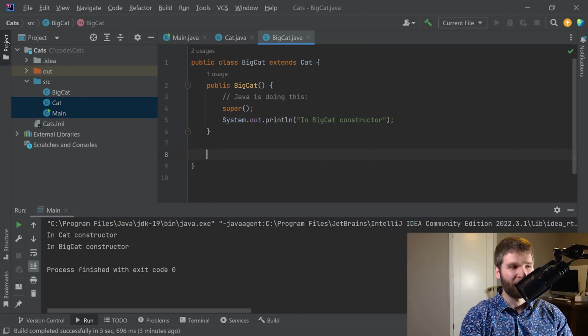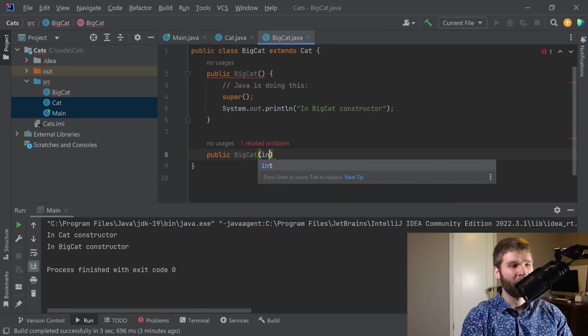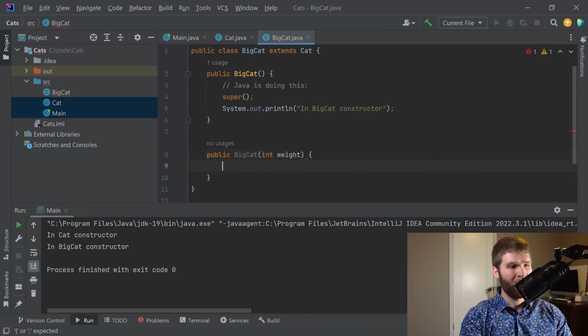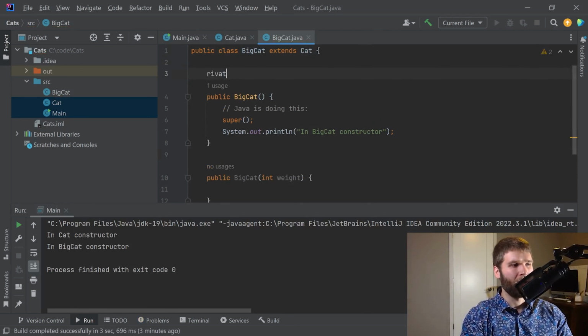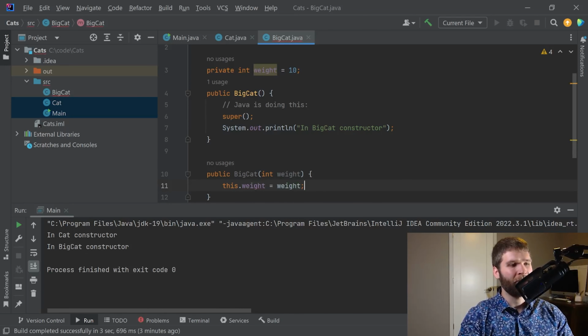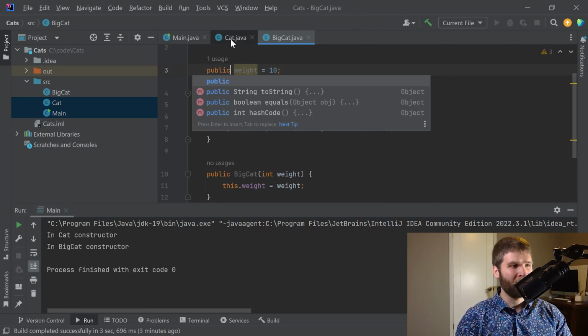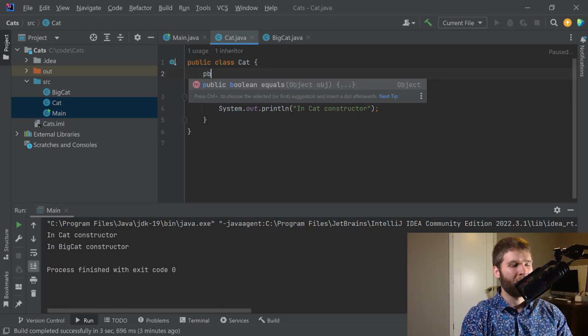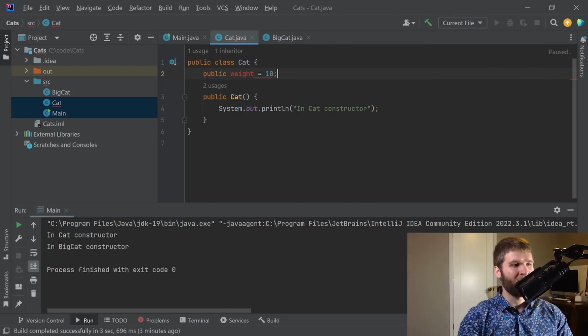To demonstrate how that's similar to the this keyword, I'm going to go ahead and create another constructor. This time we'll pass in a weight, and I'm going to go ahead and make a field. Let's give it a default value of 10. And I'm going to say this.weight equals weight. So like we've normally done in the past when we are using the this keyword, that is referring to the current object. If I were to make this public and I were to make Cat have a weight of 10,